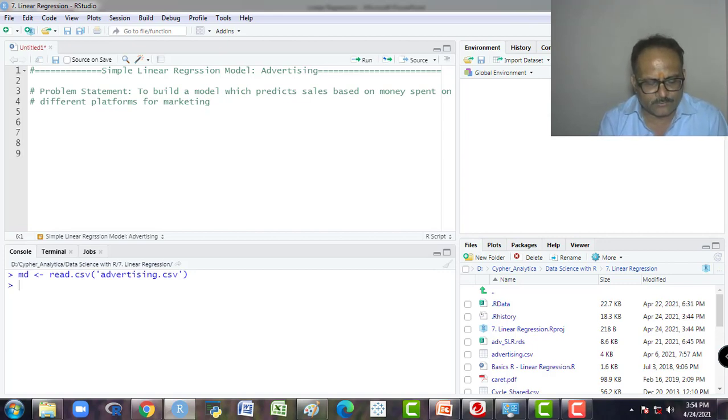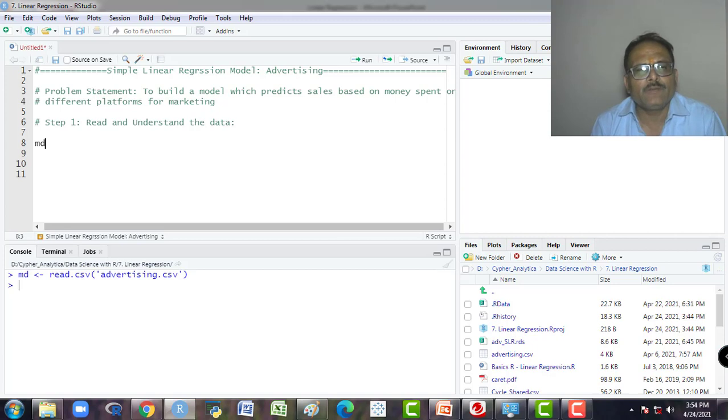So step 1 is to read the data and understand the data. Step 1, read and understand the data. So I am reading this data. I have an advertising.csv file here. So I will read this.